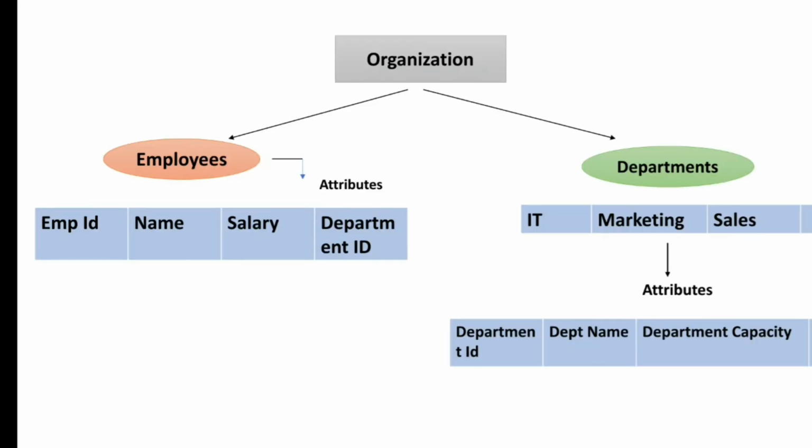Now let's say, for example, every employee works for a department, and a company or an organization has multiple departments. But we cannot add all the attributes of the departments in the employee table, as they are attributes of departments and not the employee. So to create a connection between two different tables, we need to add the primary key of the department, that is department ID, as an attribute for an employee, which specifies the ID of the department the employee works for. So now the department ID becomes the foreign key in the employee table.